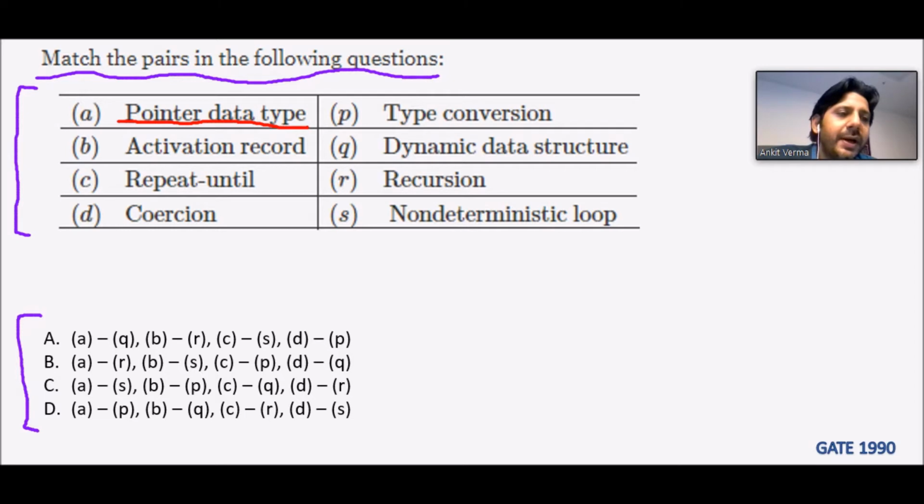So which will be the correct option? The pointers are used for the dynamic data structure. So the A option is matched with the Q option. Just like in the second semester data structure, we have learned that the pointers are there. There is a linked list where we used to take the pointers and those pointers help the linked list to move, just like PTR next is equal to this one or something. So there we are using the linked list, which is the part of dynamic data structure. So it is clearly mentioned that pointer is the part of dynamic data structure.